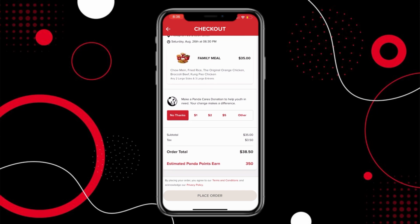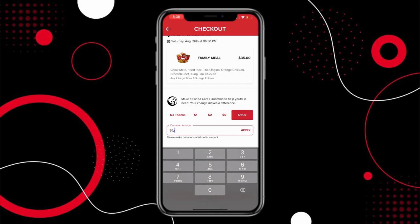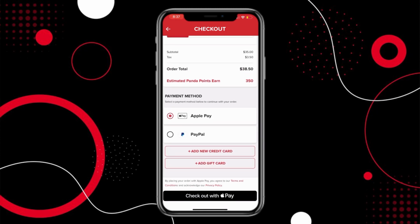If you want to go ahead and add a tip, you can go ahead and choose the amount that's up there. If you don't like the numbers that you're seeing, you can hit other and enter in how much you would like to tip. If everything looks good with your order, go ahead and add your payment method and hit